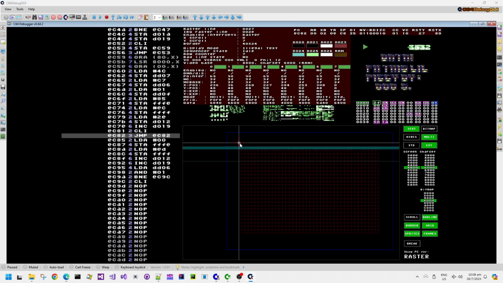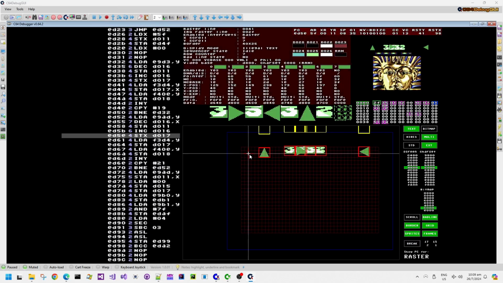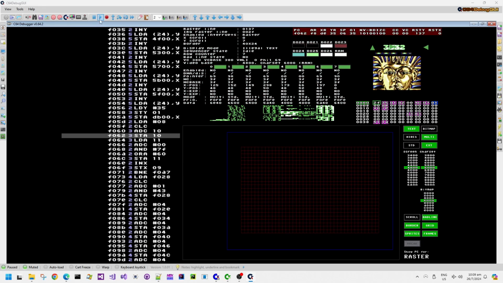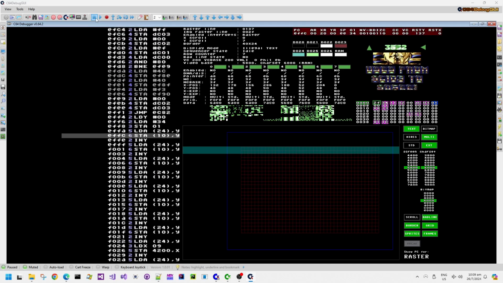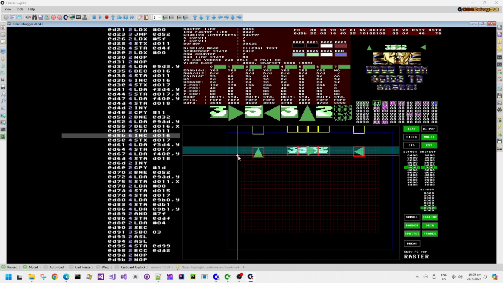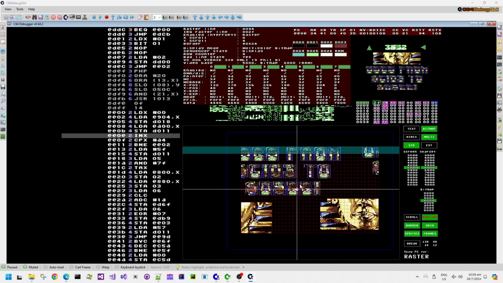But anyway, it's useful for hiding certain areas of the screen that you don't want to be displayed because the pixels are a mess, for example,